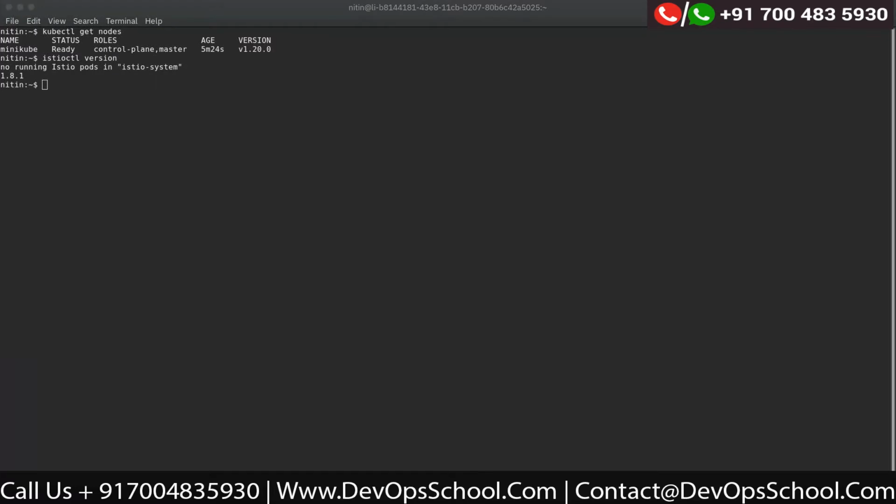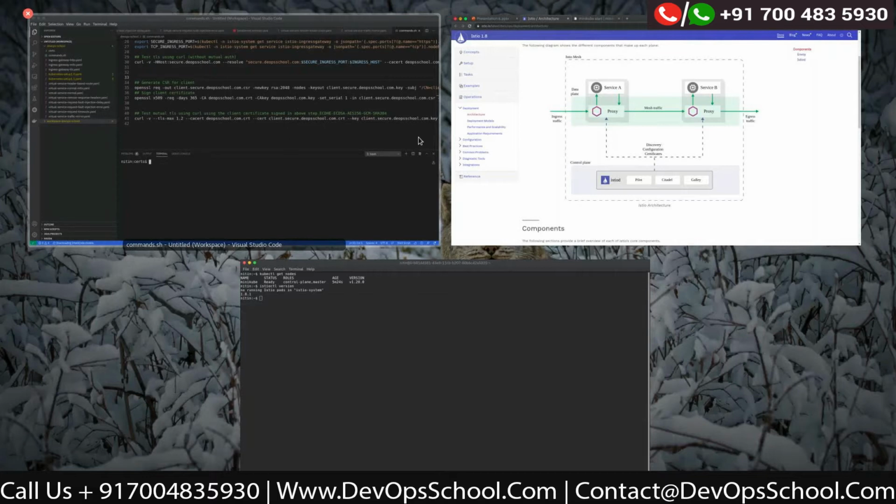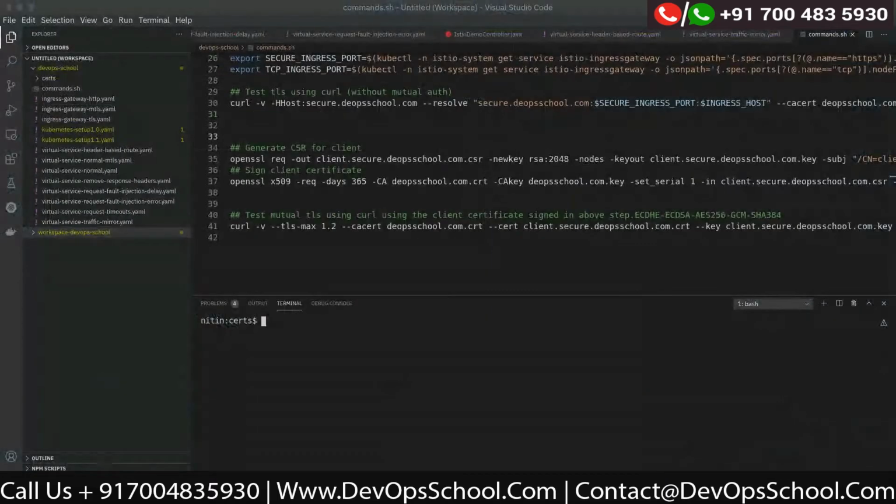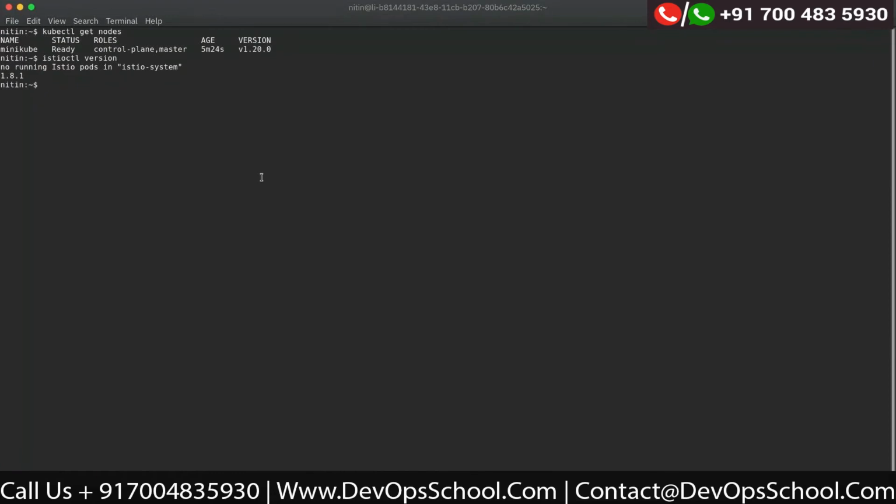As I mentioned, we have two ways of installing Istio. You could either go with using Helm charts, or you could just use istioctl itself to install. In both cases, the same Istio operator will be created, and the resources will be created using the Istio operator. So as of now, I'm going to quickly run istioctl install --set profile=demo.